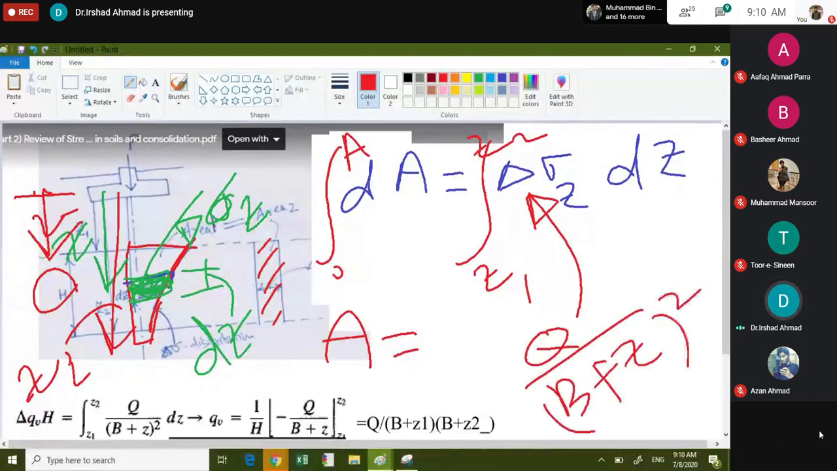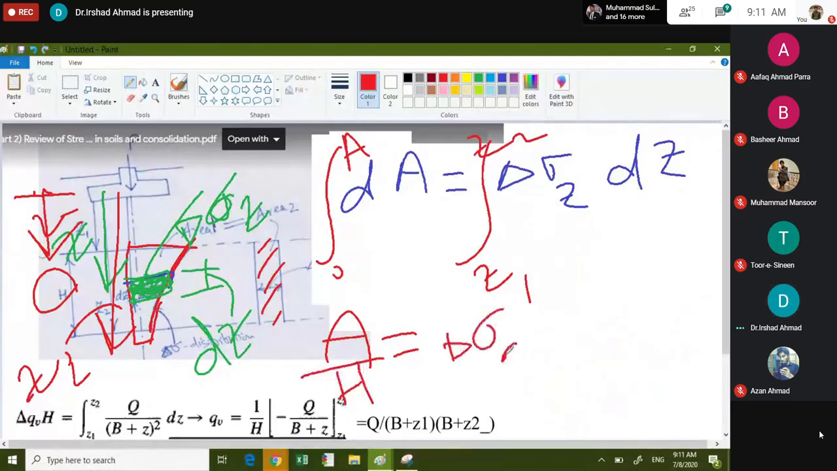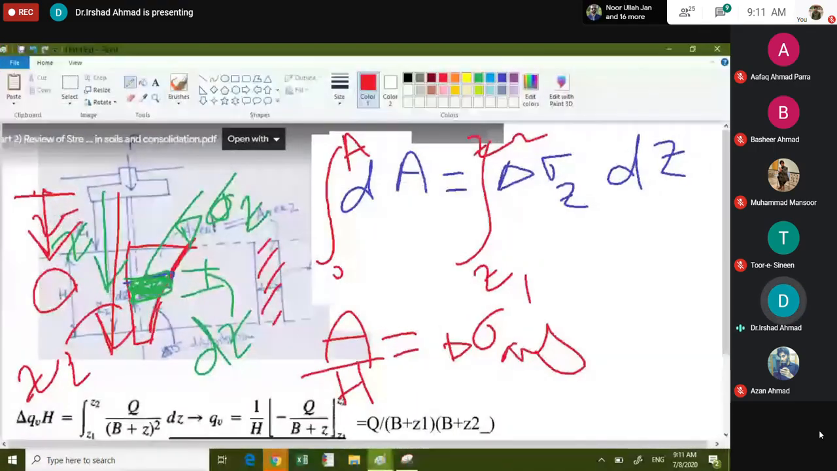The one you just derived, you integrate it and divide the area by height h. You have delta sigma average. This is the integration already done for you. And the last equation that you get for delta sigma average is